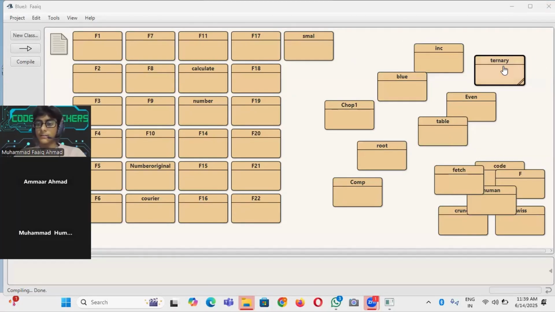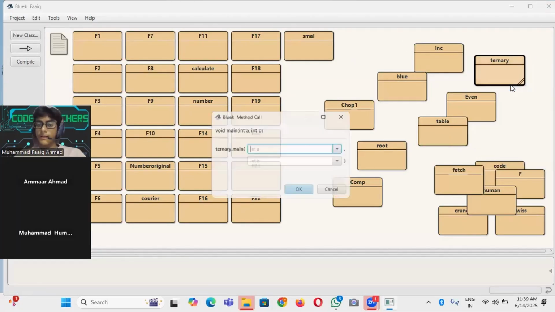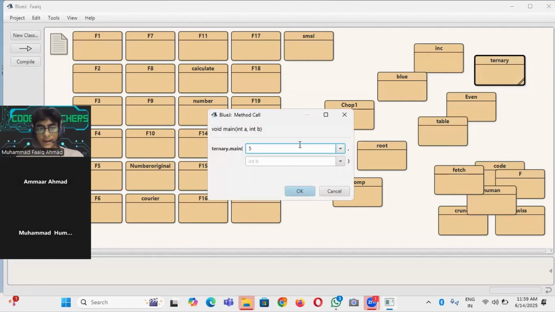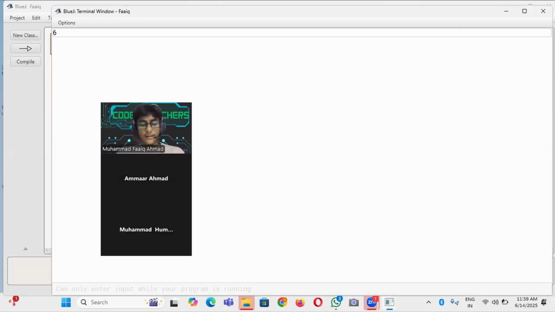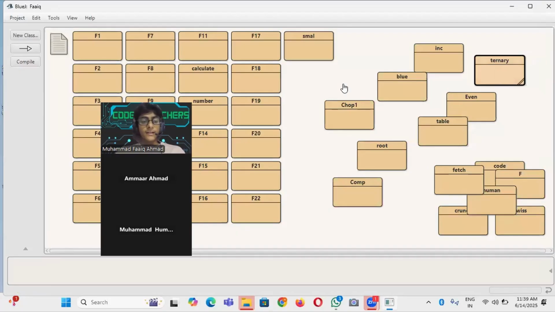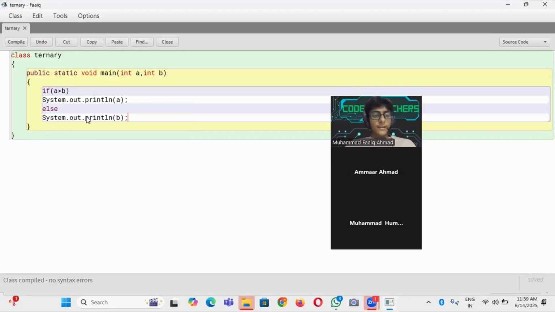So this is our class ternary. int a I'm doing as 5 and b as 6. So 6 should get printed, and see, 6 got printed over here. Now we'll do it with the second variation which we used, and after that we'll be using the ternary operator for this program. So if a is greater than b,